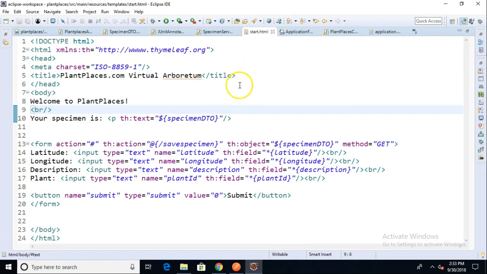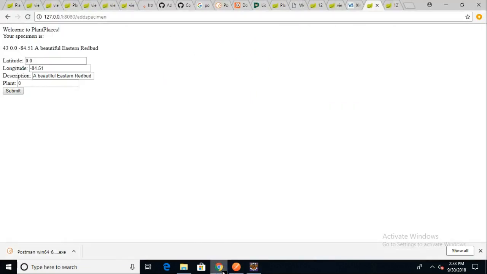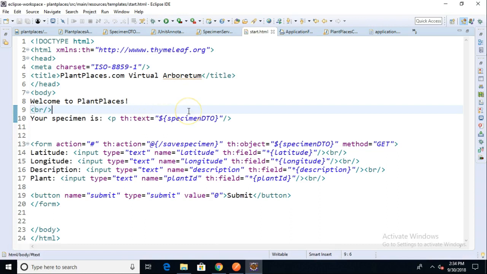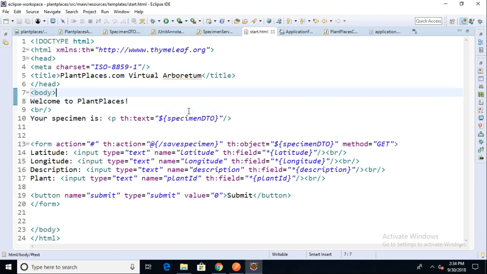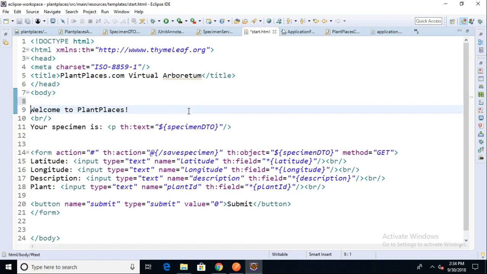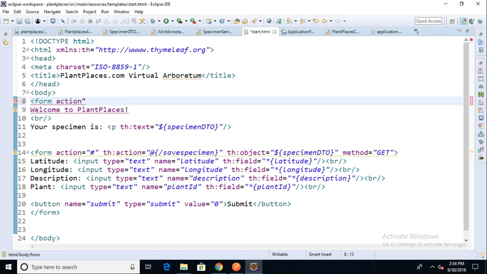So I navigate back here to start.html, which is essentially the template page that we're looking at that is drawing this. And as I say, this page is getting a little bit cumbersome, a little bit long-winded now, but don't worry, we will refactor it in a moment. Let's start with this very top where we have Welcome to Plant Places. And I'm going to wrap this in a form. So we'll use a form tag. And we'll say action equals pound. Just like I've done below on line number 14. We're just putting a different form here. Action equals pound. Okay. And then